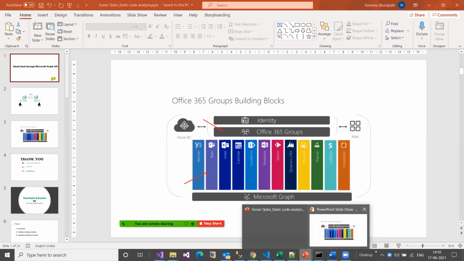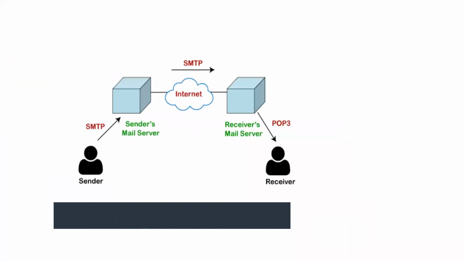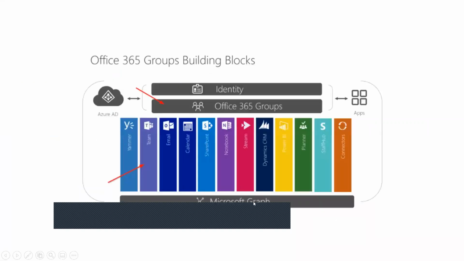As I showed you, SMTP, POP3 and IMAP protocols. Now what it is doing is, Microsoft Graph API is a RESTful API interface which passes my user ID and password to the identity layer, where it is authorized and sends the token back, and using the token I'm directly accessing these applications. In this case, I'm accessing email. Okay, so I hope you understand the process of sending an email using OAuth in O365 Azure Active Directory